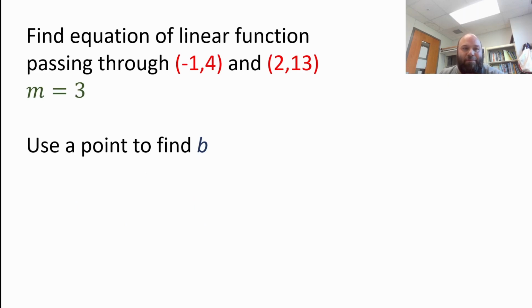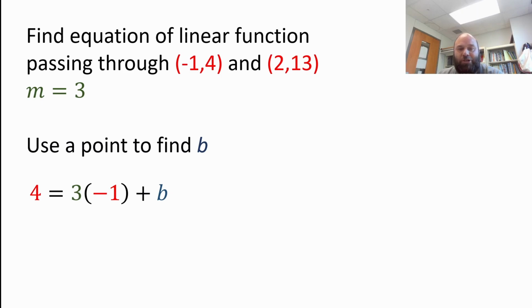So here's our problem now. We have 2 points and the slope. So in some sense, we're in better shape than we were in the last video. As we did with the second example in the last video, we plug in the x and y's for one of the points into our partial equation and solve for the parameter b. I like -1, 4 because the numbers are smaller, and anything with a 1 or -1 is always nice to work with. So I plug in 4 for y, -1 for x, I use my slope 3, and now I